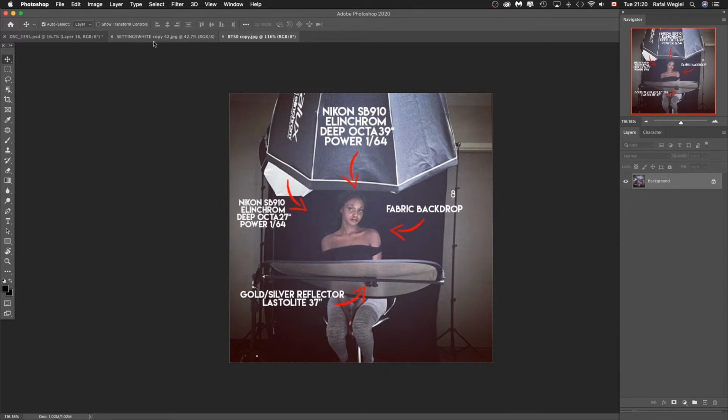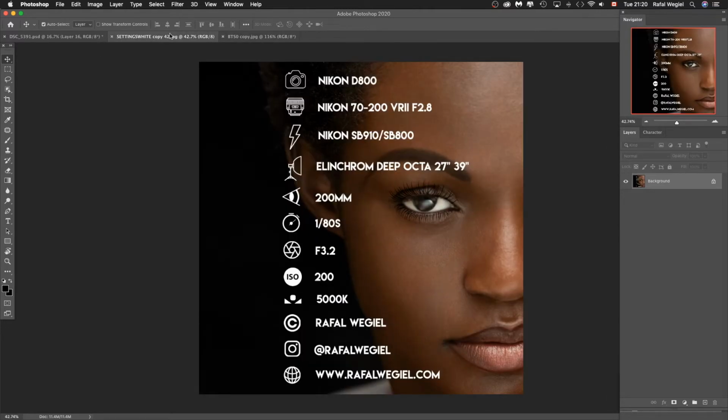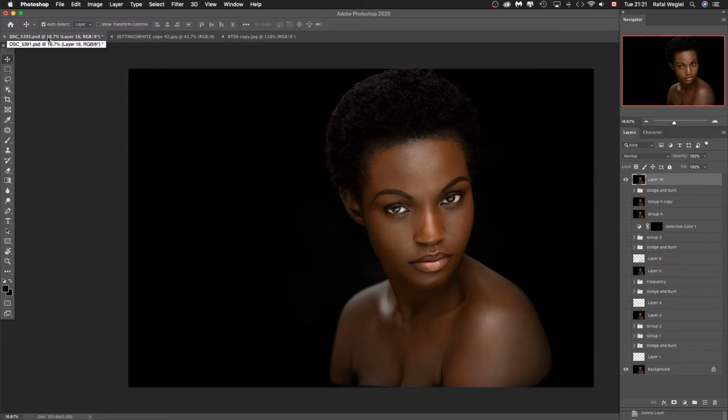Okay, so let's jump into the settings and the gear. Again, pretty standard. I use my Nikon D800 with my Nikon 70-200 VR2 lens. I use two speedlights, a Nikon SB910 and a Nikon SB800. We talk about the softboxes, two Elinchrom deep octas, 27 and 39 inches. Now let's talk about the settings. The focal length was 200 millimeters, shutter speed 1/80 of a second, f/3.2, ISO 200, and the white balance was set manually to 5000 Kelvin. So that's pretty much standard. And now let's talk about